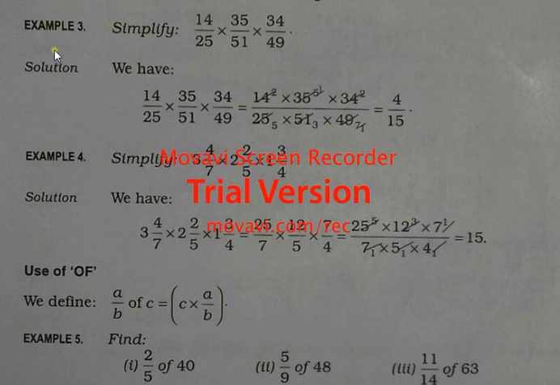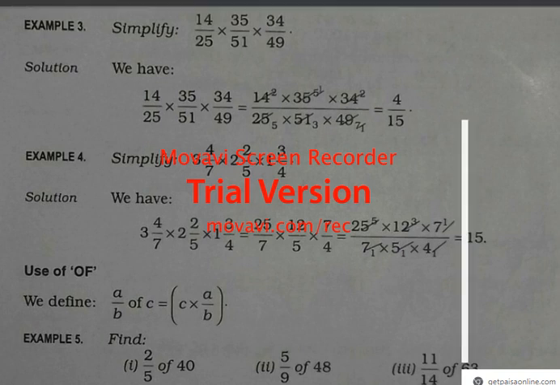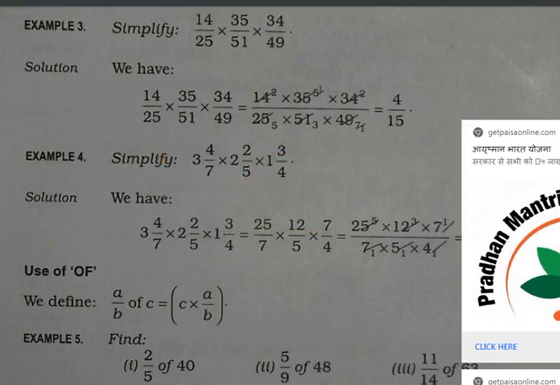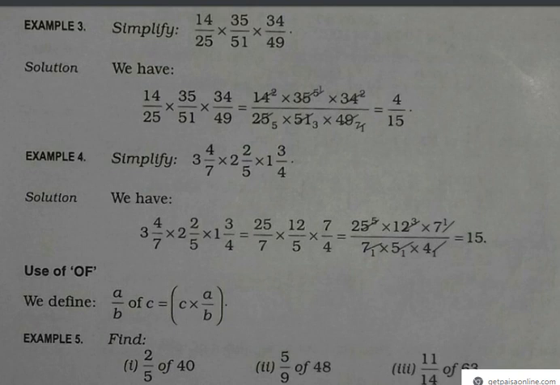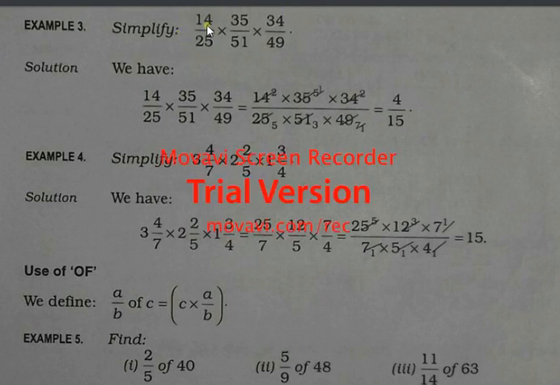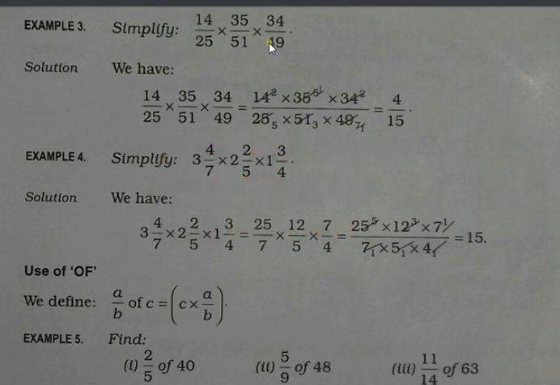But here I will explain from the place where I left you last time, that is, from the example. Example 3 I will be explaining. So, 14 by 15, simplify it. So 14 by 15 it is, and as you can see over here,